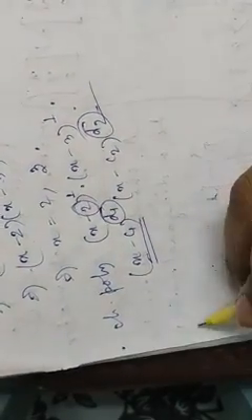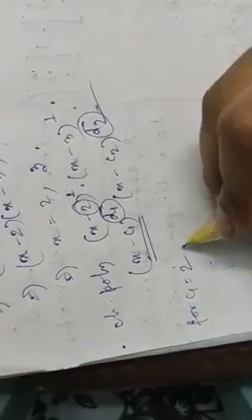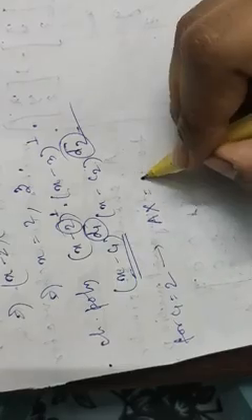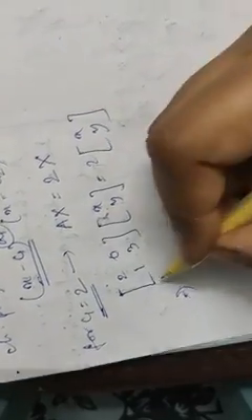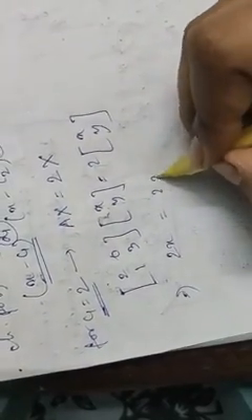So let's check what is the dimension of the corresponding characteristic space of the characteristic value 2. For c1 equals 2, we are considering AX equals 2X, to find the characteristic subspace corresponding to the characteristic value c1 equals 2. So apply it: the matrix 2, 0, 1, 3 times (x, y) equals 2(x, y). It will give 2x equals 2x, then x plus 3y equals 2y, that is, x plus y equals 0.